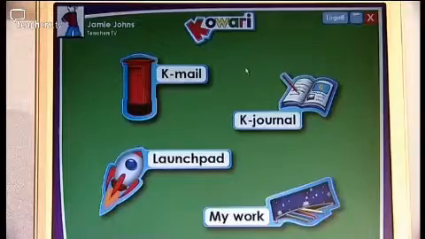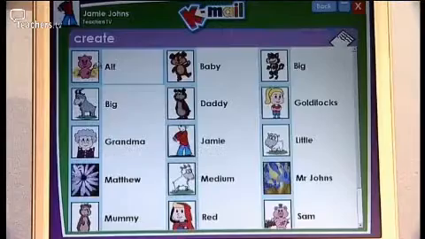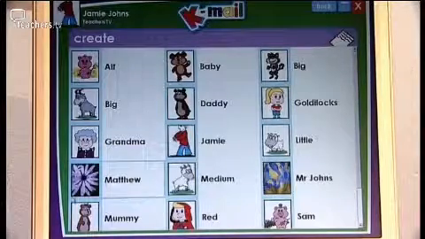OK, well, Roger, tell us about our first learning platform. It's called Kowari. Kowari is a learning platform that's been designed specifically for very young children, and it can be used by children who are not even able to read yet. Because, as you will see, everything is linked into pictures as well as words, so a child can decide to get into a certain section because they recognise the picture. They can, for instance, get into creating pictures.